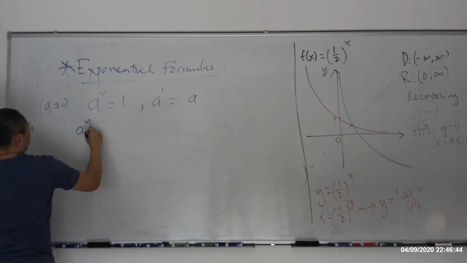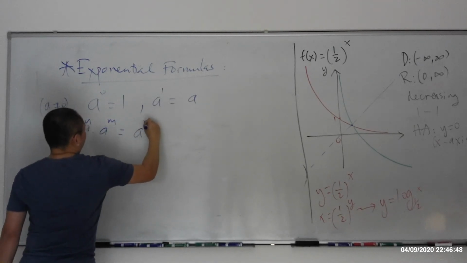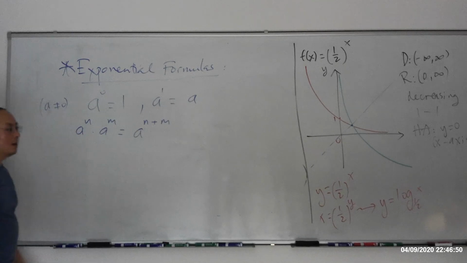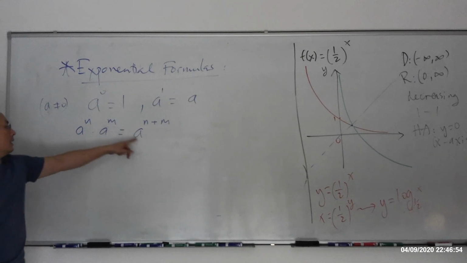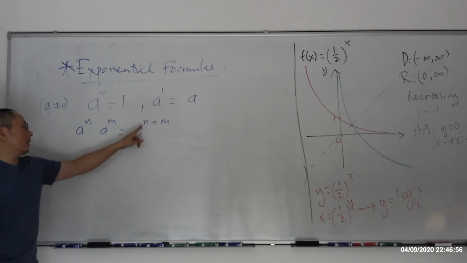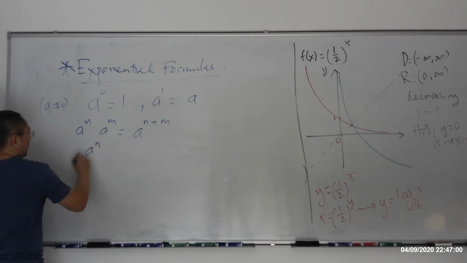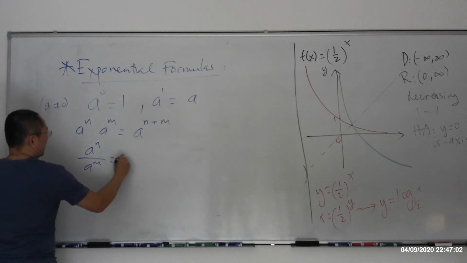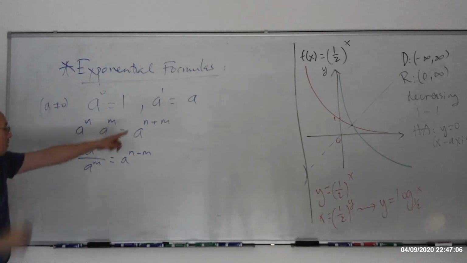a to the n times a to the m is equal to a to the n plus m. You multiply two numbers with the same base, then you have a new number with that base, and you add the exponents together. a to the n over a to the m is a to the n minus m. Multiply becomes adding, divide